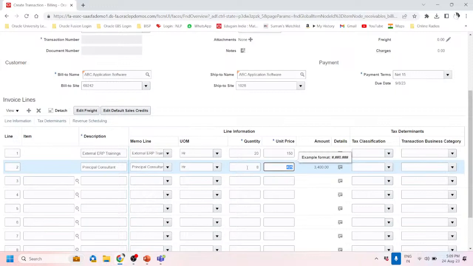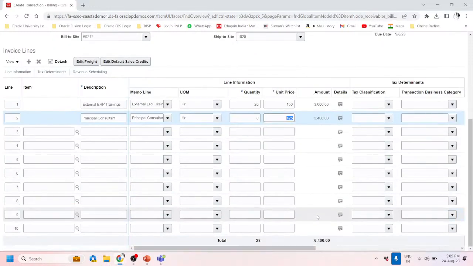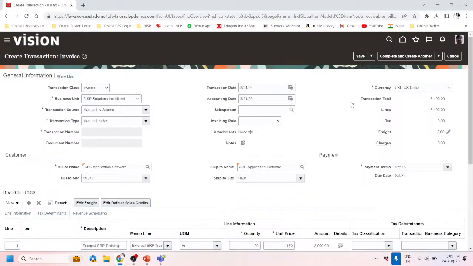So I provided the 8 hours for the principal consultancy, and total amount is $6,400, total 28 hours, right? So that is the, and I will save the same, and the currency is in USD, right? So that is the currency,